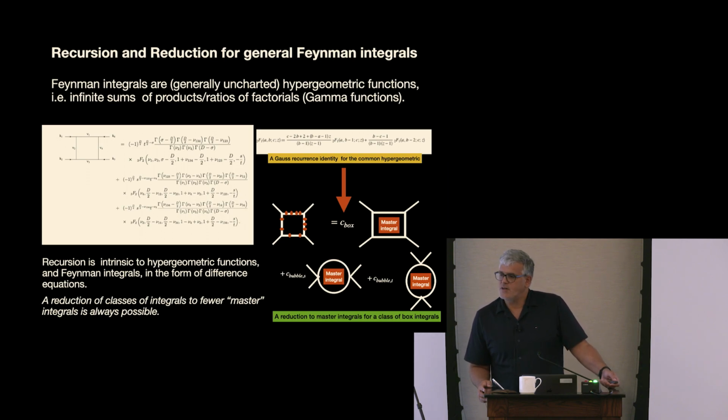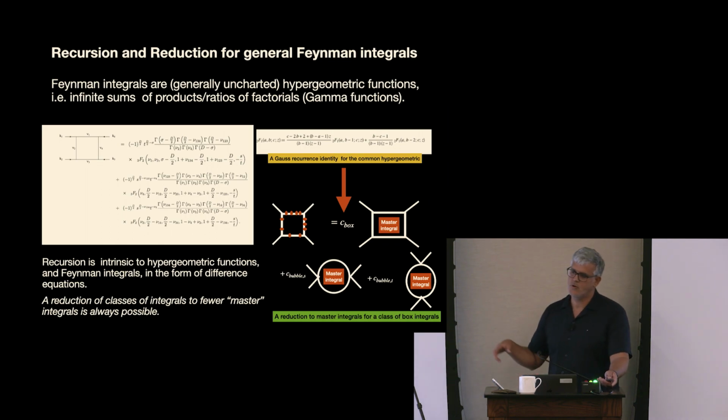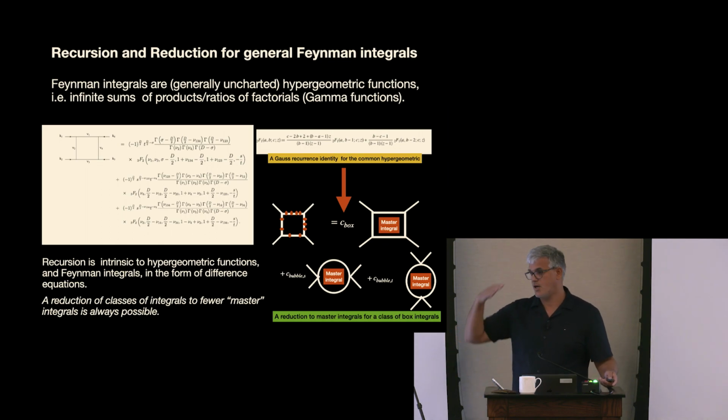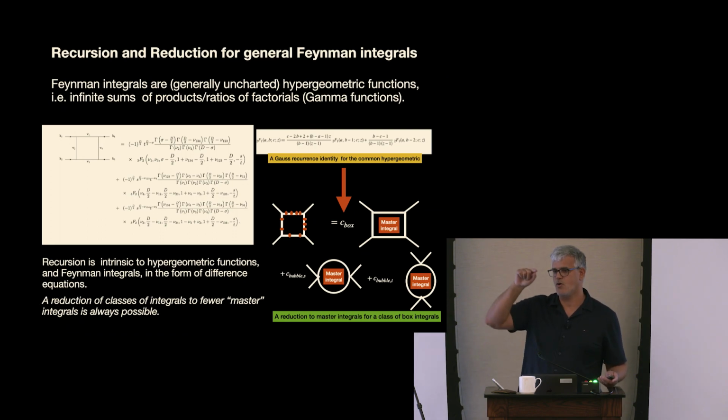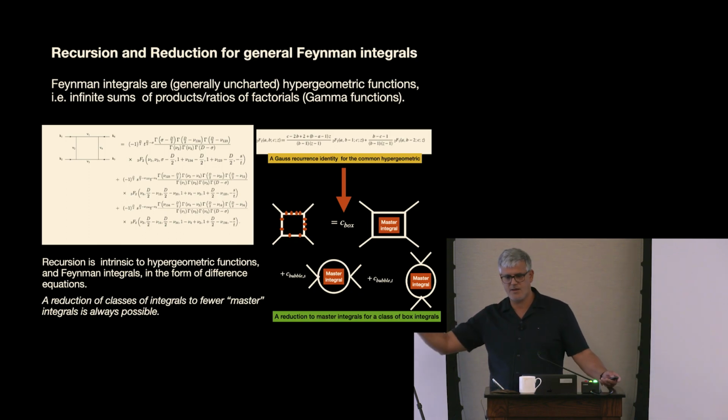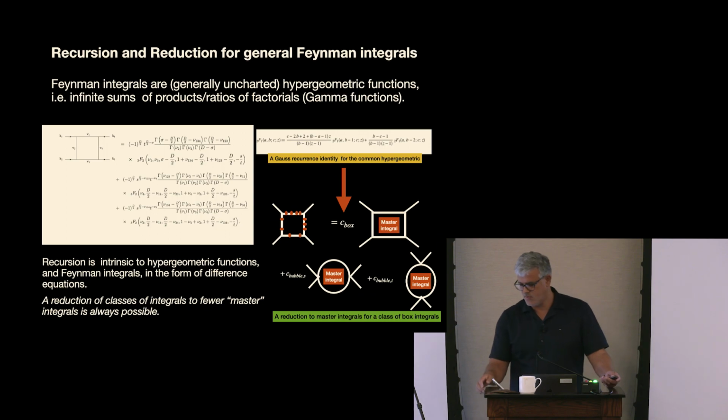These are hypergeometric functions. Most of them, for modern loop integrals, are uncharted hypergeometric functions. We don't really know all of them. However, this factorial recursion property persists in there, and it takes the form of difference equations. They are not diagonalized. You cannot go from one to the next, to the simpler, with a direct step. You have to do some work for that, but this exists for all loop integrals at all orders in perturbation